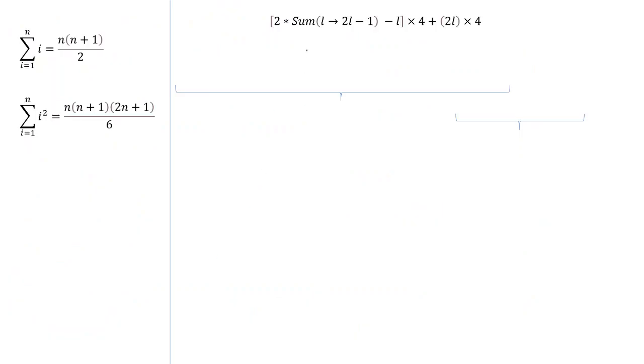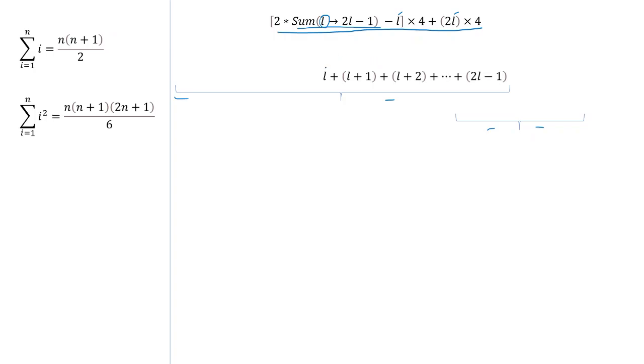So if you can see here, we want to get the value of this particular thing. Keep note of these braces. This will help you understand how the mathematical conversion is going on. Just hold on. So we have to calculate this sum, and then everything is easy because everything is L only. We have to calculate this sum from L to 2L minus 1.